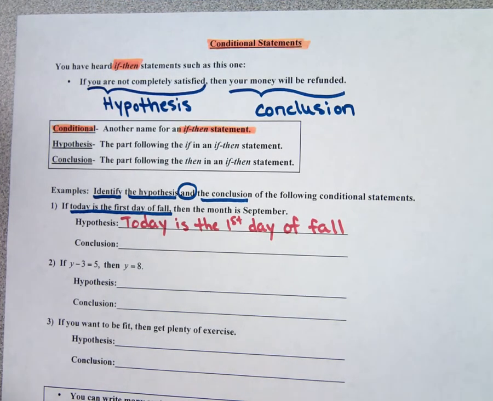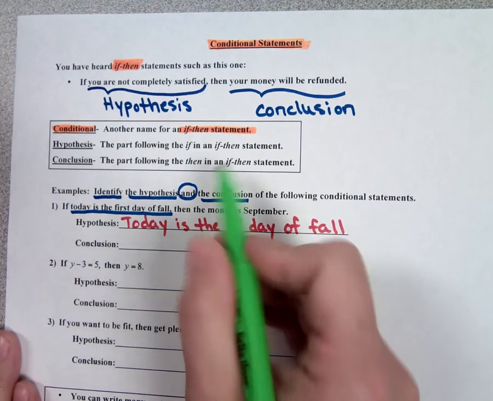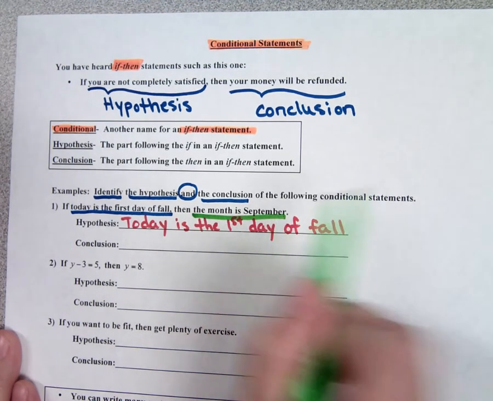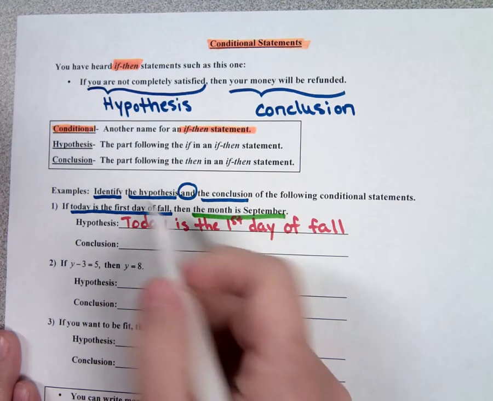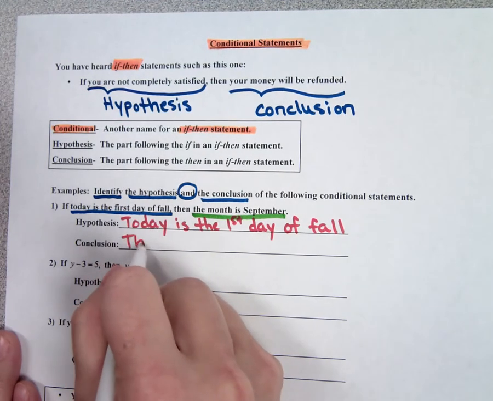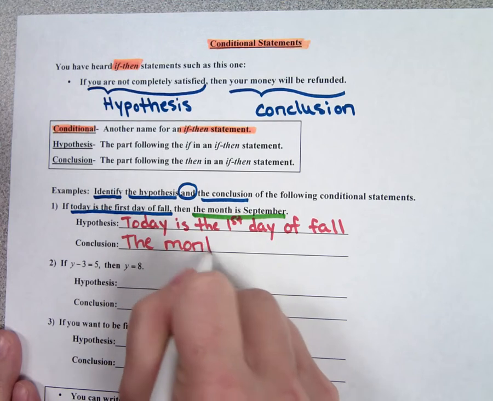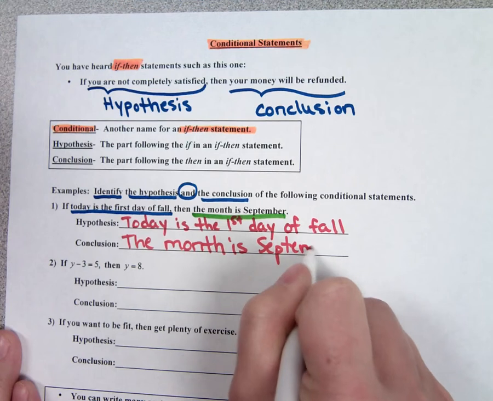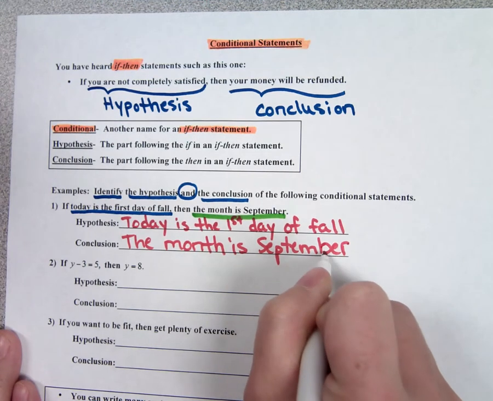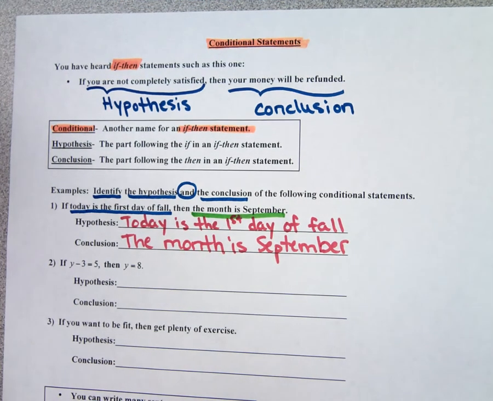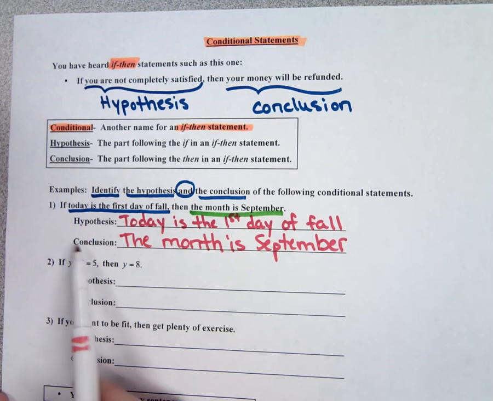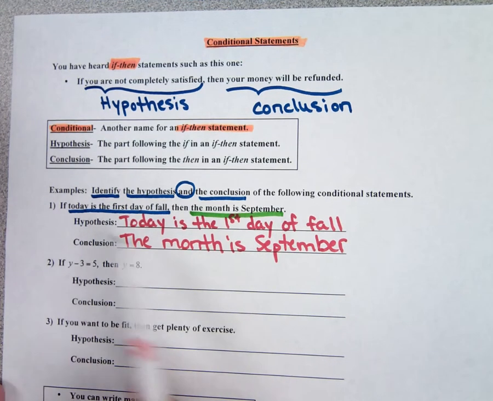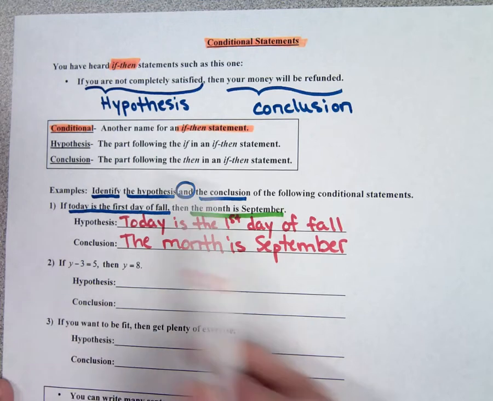The conclusion is the part that follows the then: the month is September. So once again, here we are in geometry, lots of vocabulary. Hypothesis, conclusion. Hypothesis is after the if, conclusion is after the then, and the if-then statement itself is called the